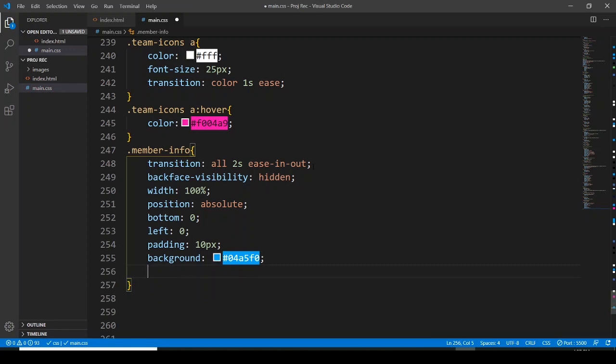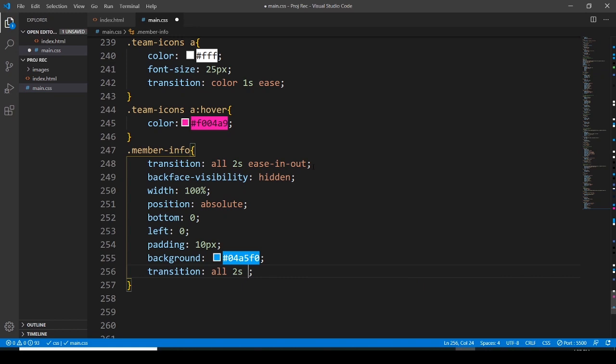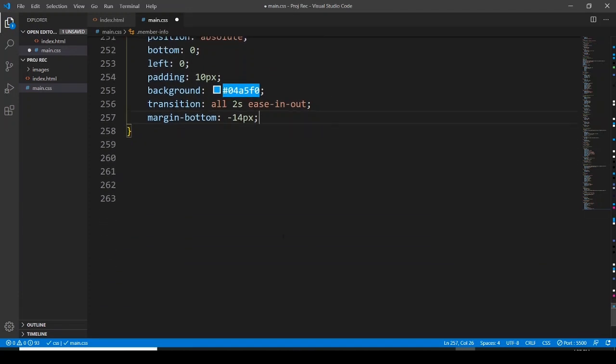Then transition, and the transition is going to be all 2 seconds ease-in-out, and then margin bottom minus 40 pixels, and here margin bottom minus 14 pixels, not 14 pixels actually, it is not going to work, it is going to be 140 pixels. And then I'm getting tired,